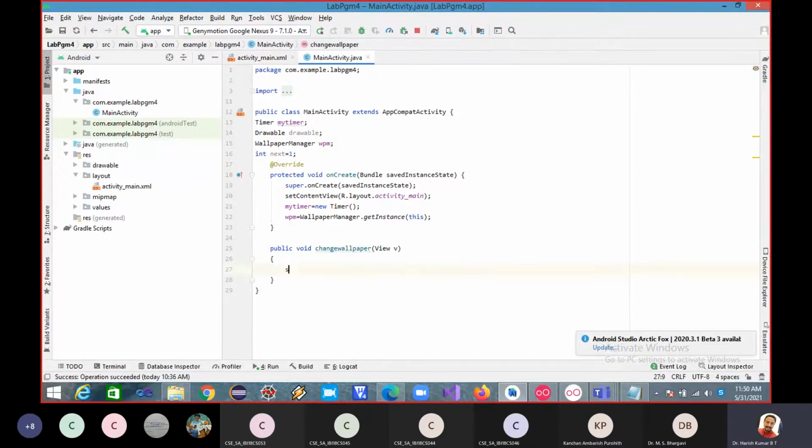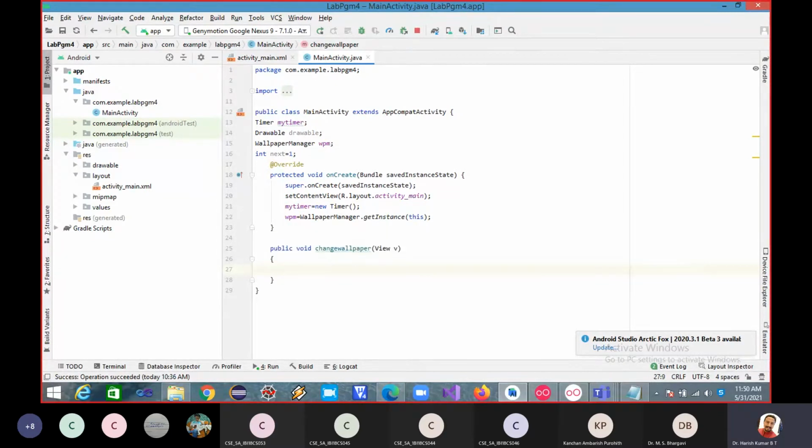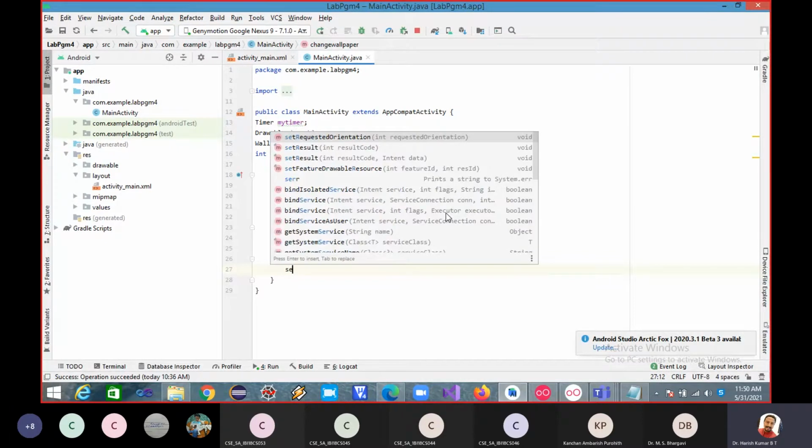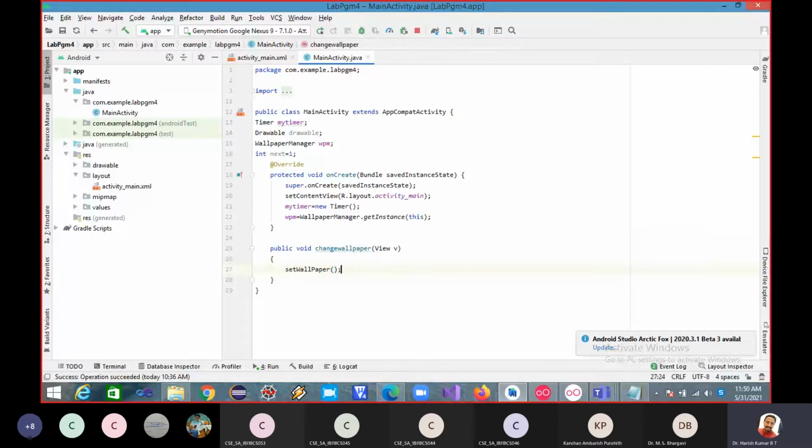Now here let us call the function setWallpaper. This is not a built-in function, so we've got to write the definition for this. So now it is showing in red. Now before writing the definition of this setWallpaper,